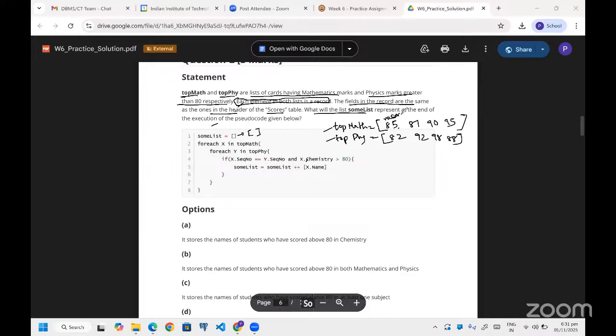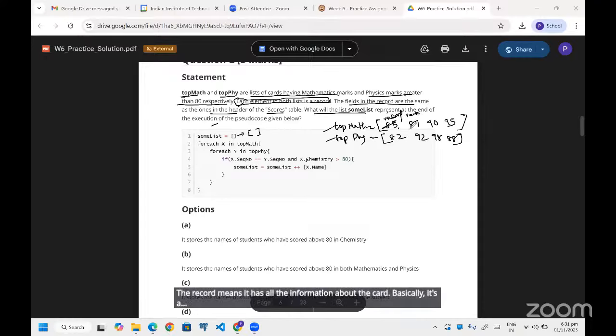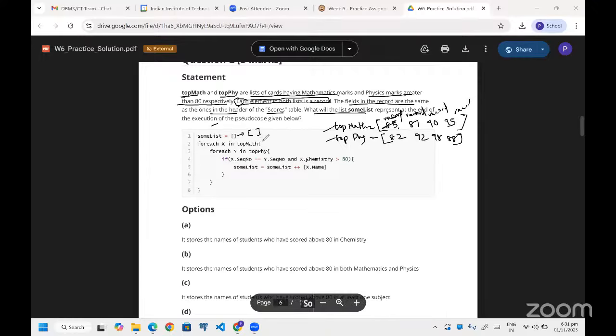So it's a record, not just storing a mark. It's a record, which means it has all the information about the card. Basically, it's a list of cards. It has all the information, right? So you can take this as a card 1 set. This is also a card 2 set, which satisfies this condition.